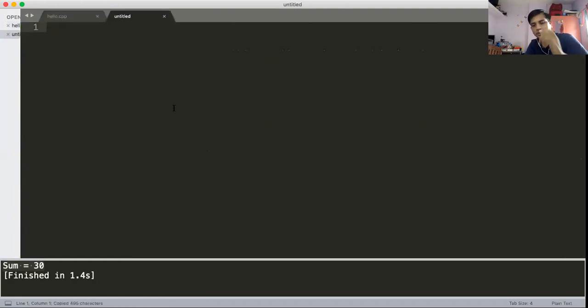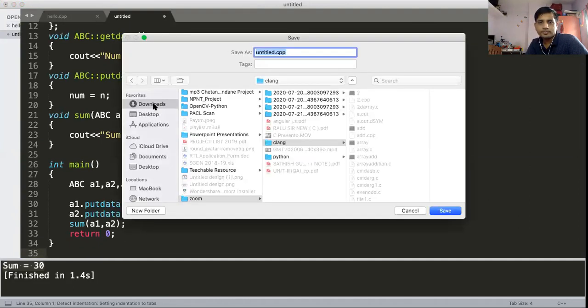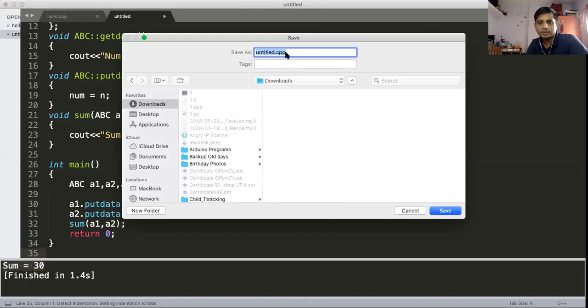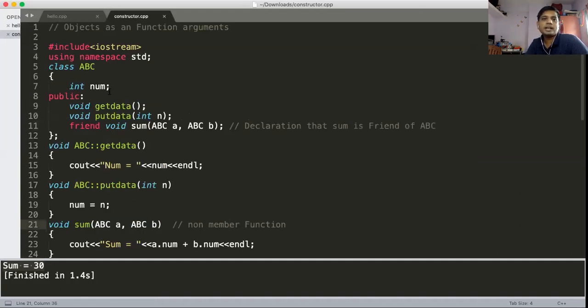New file, I'm making a new file, Control V, Control S, storing it as constructor.cpp. Okay, suppose this is my ABC class and I want to write the constructor of the class.